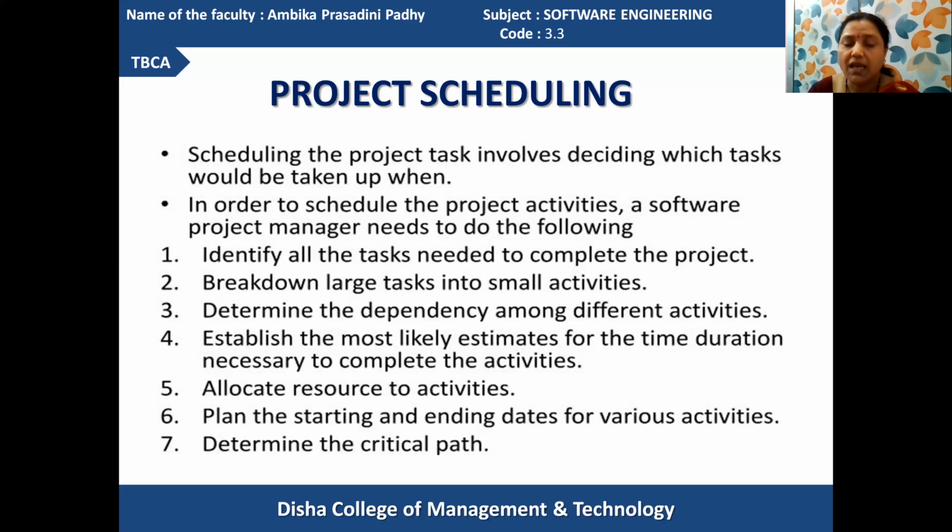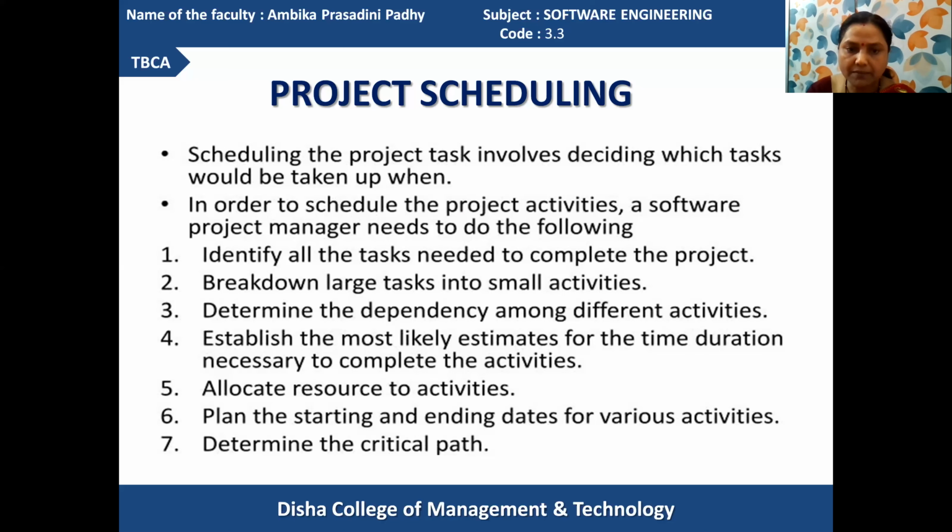In the next process, establish the most likely estimates for the time duration necessary to complete the activities. Each and every small part has its own set of operations, its own time requirements, its own resource requirements. So we have to estimate all those, because in planning, estimation is the major effort. If the estimation is perfectly done, only then will your system development process be performed efficiently. Got it? Here, the most likely estimates for the time duration of each smaller activity as well as the combined activities are identified.